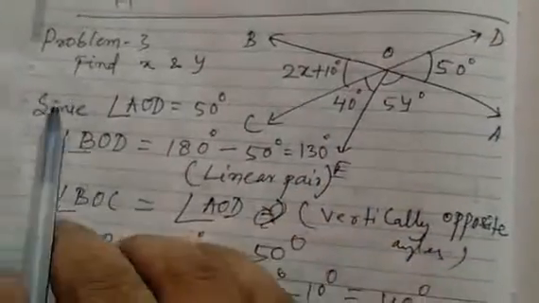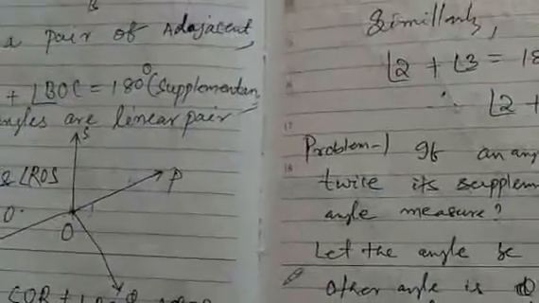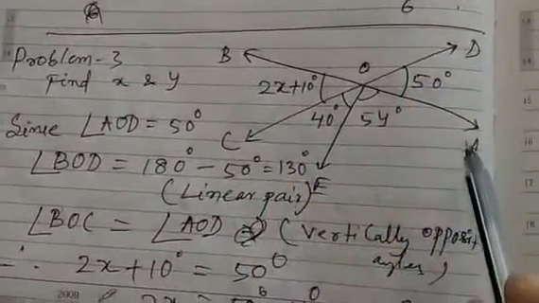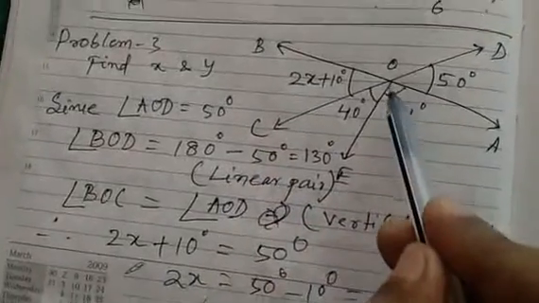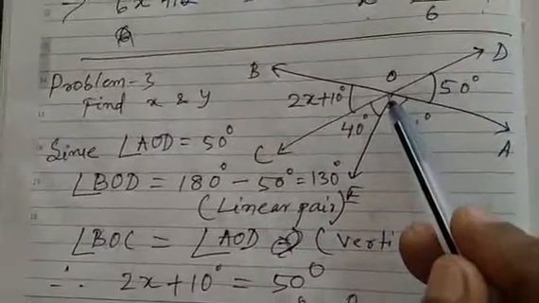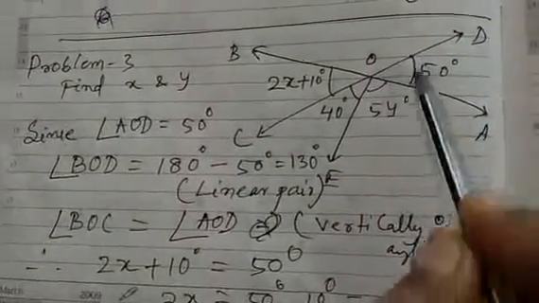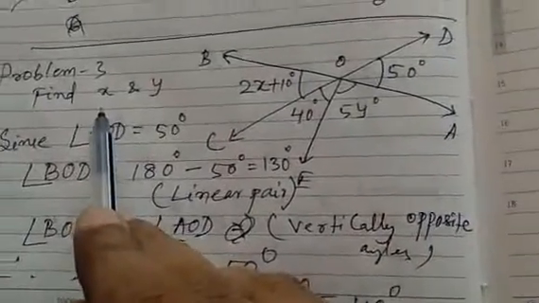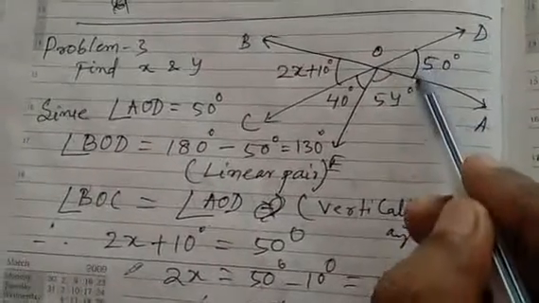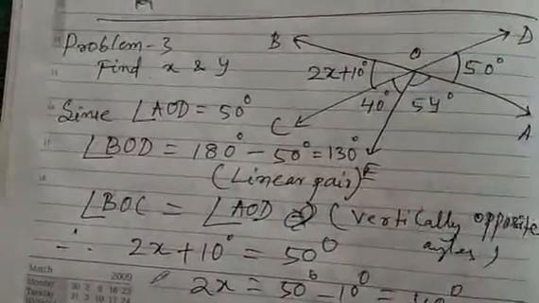We have another question that is related to both. We didn't discuss something here; vertically opposite angles we discussed. Okay, look at this figure. We have AB and CD, two straight lines intersecting at O. OE is a ray originating from the point of intersection, that is O. You have to find out angles x and y. Here, given in the figure, angle AOD is 50 degree.